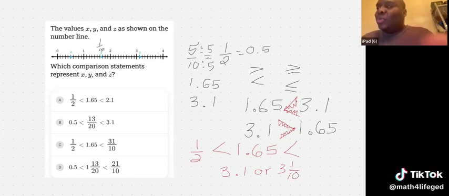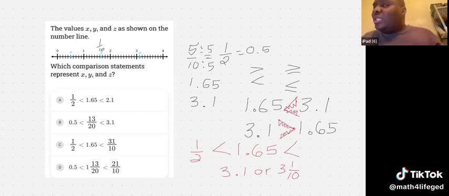Now, how did they get that example? What they did was change it to an improper fraction. You may ask, what is an improper fraction? It is when the numerator is larger than the denominator. It's called improper. Now, what they did, they changed the mixed number. What is a mixed number? It's a whole number connected with a fraction, in the example of 3 and 1/10. So how do we change that back to